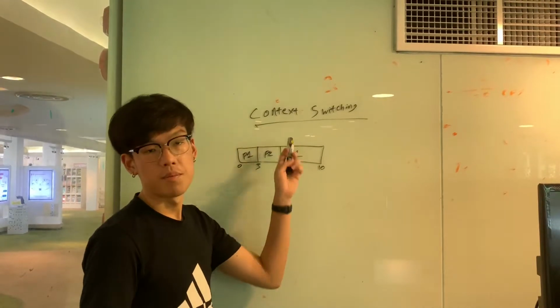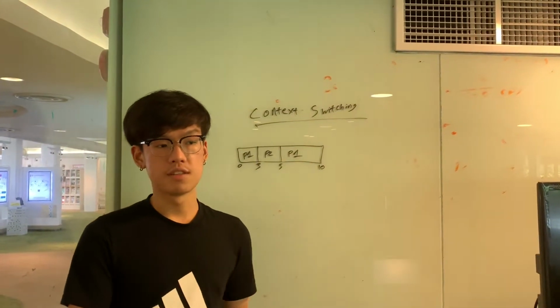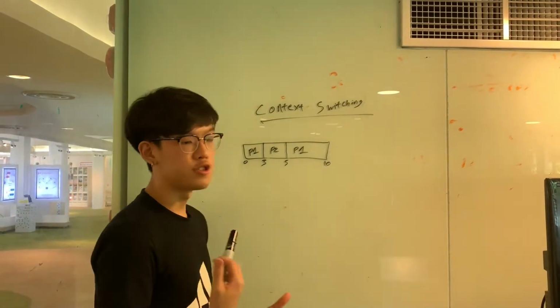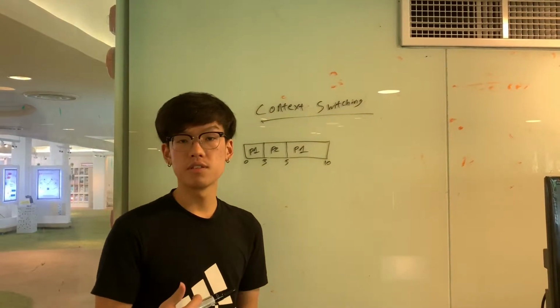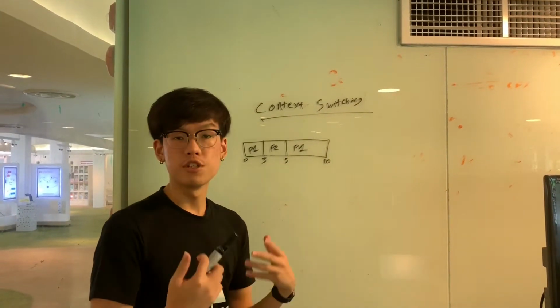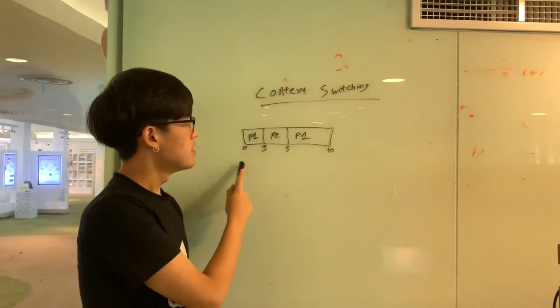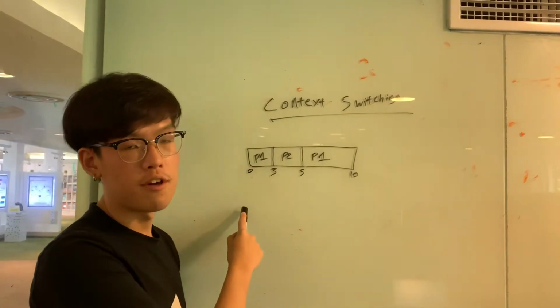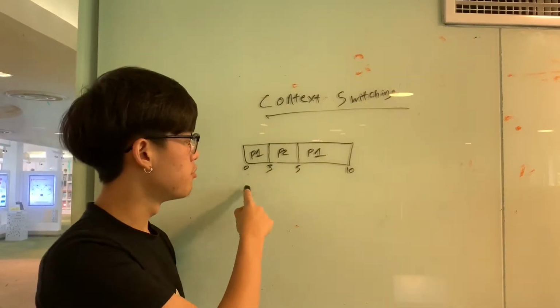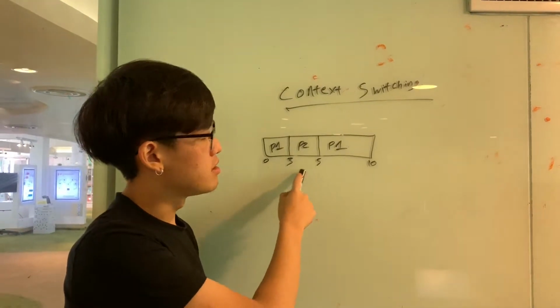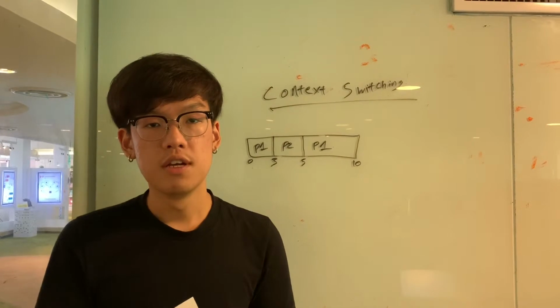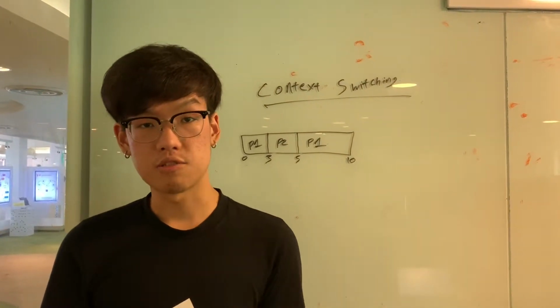Next, we are going to speak about context switch. So what is a context switch? A context switch is a procedure that a computer CPU follows when it switches from one process to another. An example will be shown here. Starting here, we have process 1 with 3 CPU bursts. However, afterwards it is switched to process 2. This is what we call a context switch.